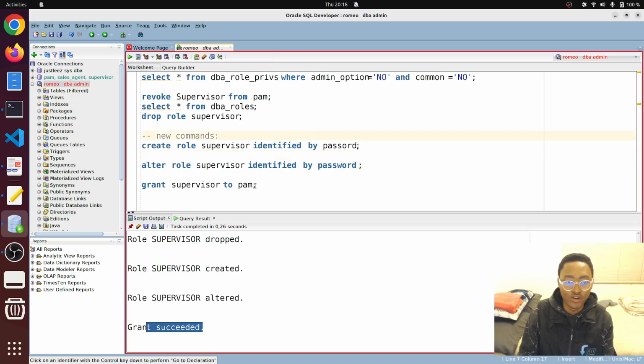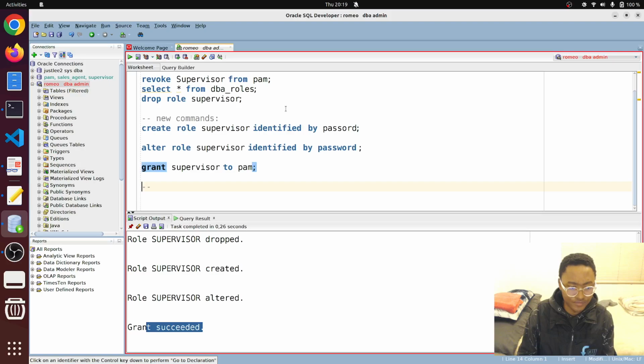Before we log in, let's give Pam a default role in the database. We don't want to give them the default role supervisor, even though they have the supervisor role. We want them to have a default role sales agent. And to do that,